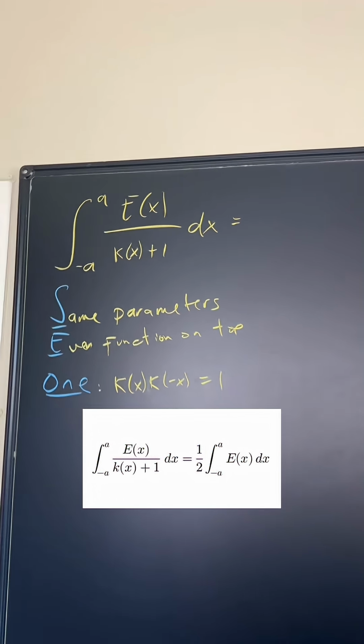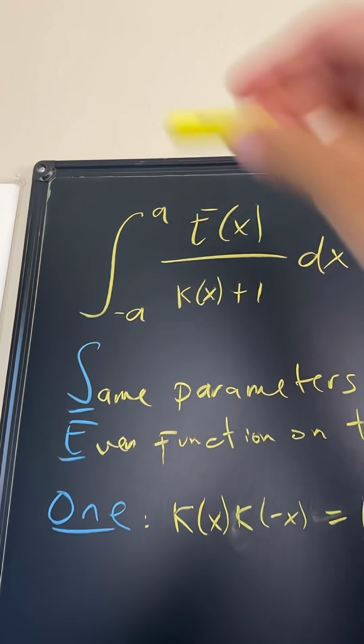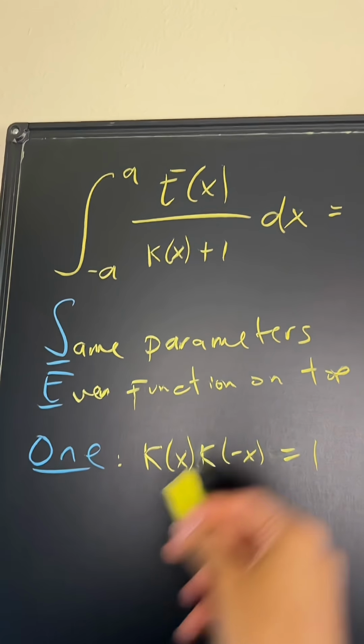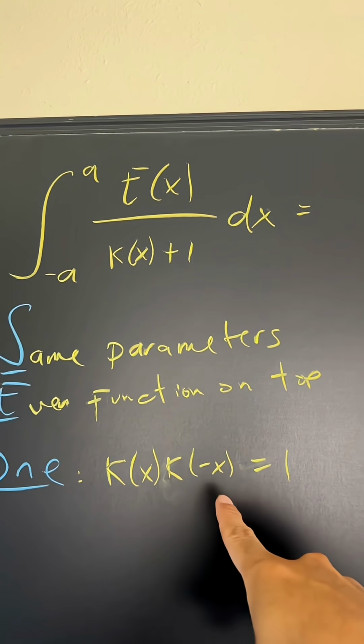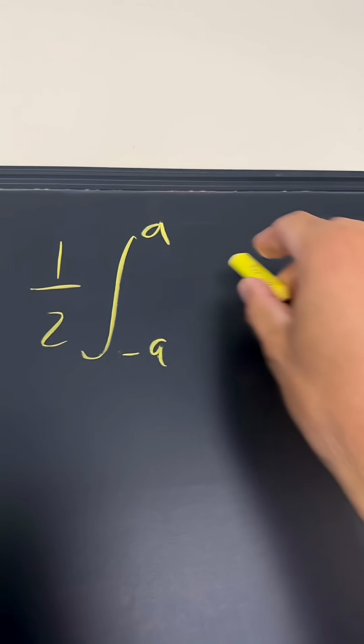Now, I had mentioned the SE1 method tells you that if you have the same parameters, negative a to a, the top function is even, so even function on top, and then 1. K of x times k of negative x is equal to 1. Then if that happens, then we can just rewrite this as 1/2 integral from negative a to a of e